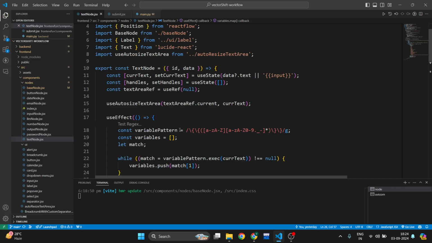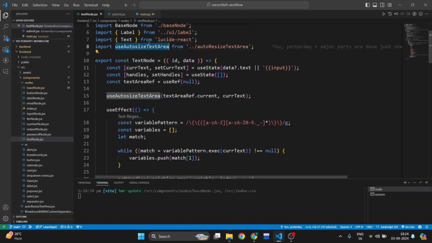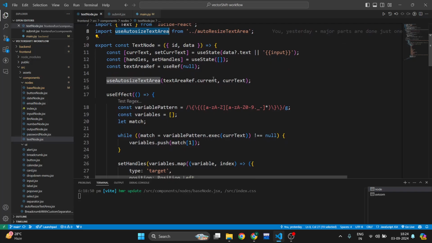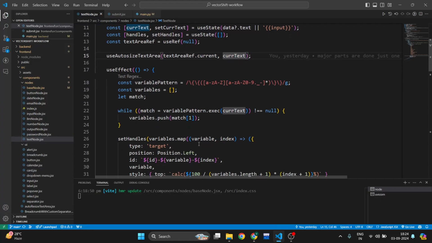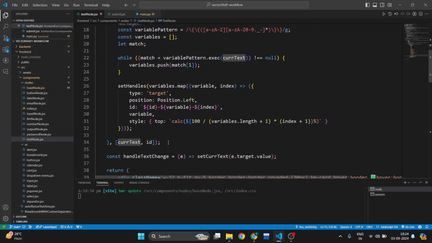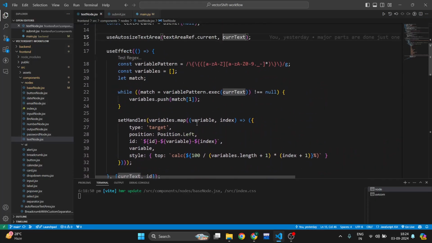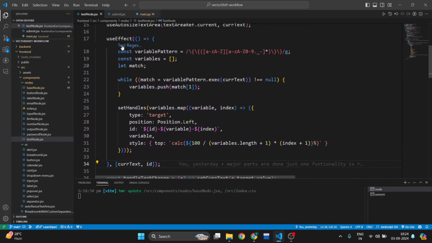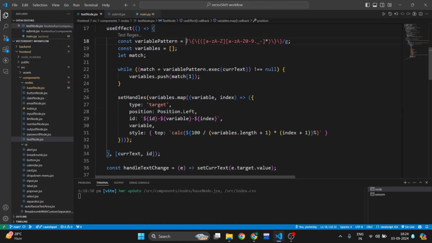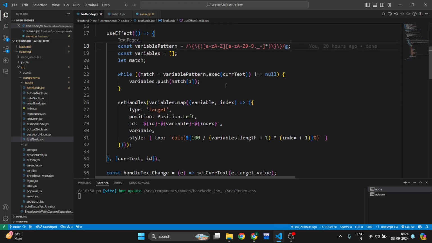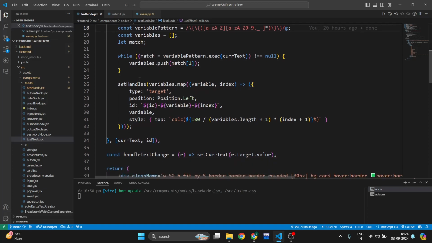Here is the text node component, and it uses a bunch of things. It uses an auto-size text area component, and it sets the text area height dynamically. Below it there is a hook, and the hook contains all the logic related to the JavaScript variables. We need to map through the input and the current text. We use a regex for finding the pattern inside the current text, that is the text in the input, and we create a variables array.